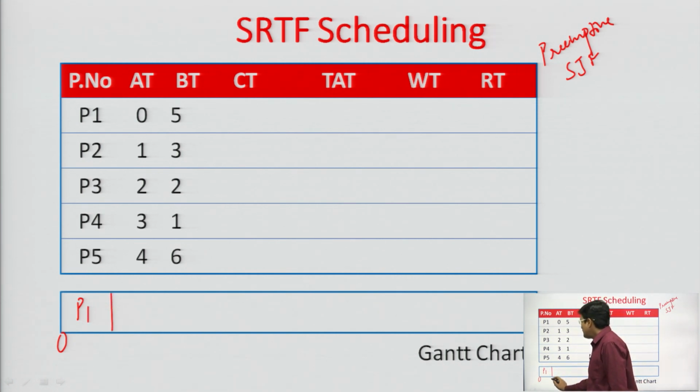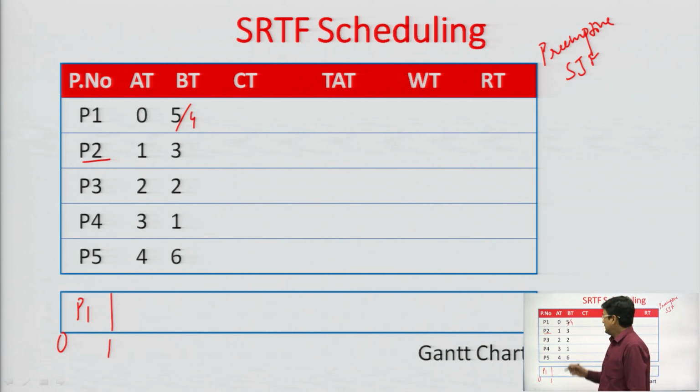Now, P1 executes for one time only, and after that the P2 process arrives. P2 has a burst time of 3. The remaining burst time of the P1 process is 4. The burst times of these two processes, P1 and P2, are compared, and P2 has a shorter burst time. So, let us allocate the CPU to the P2 process, and P2 executes for 1 unit of time, after which